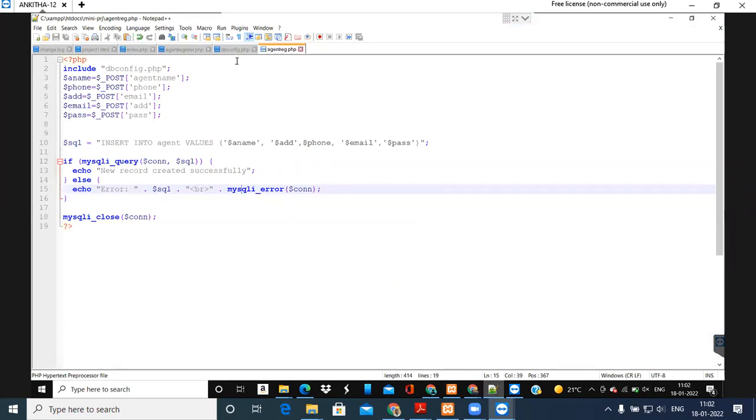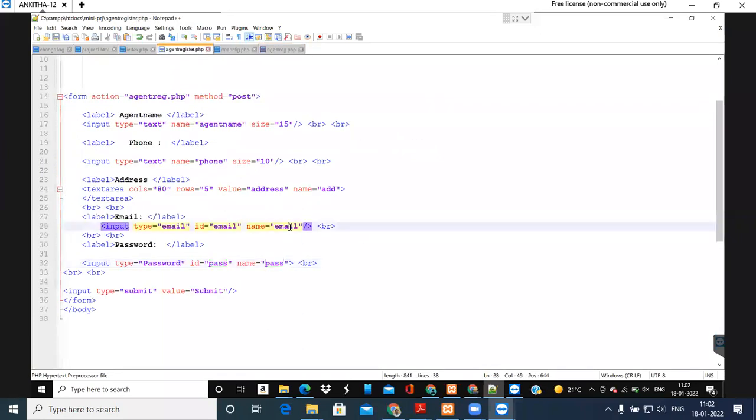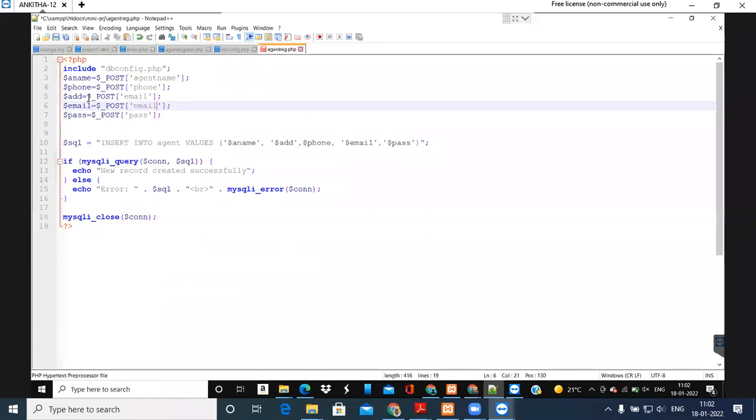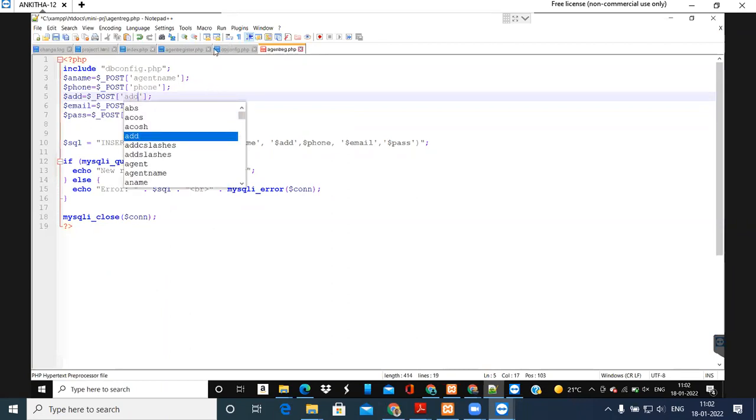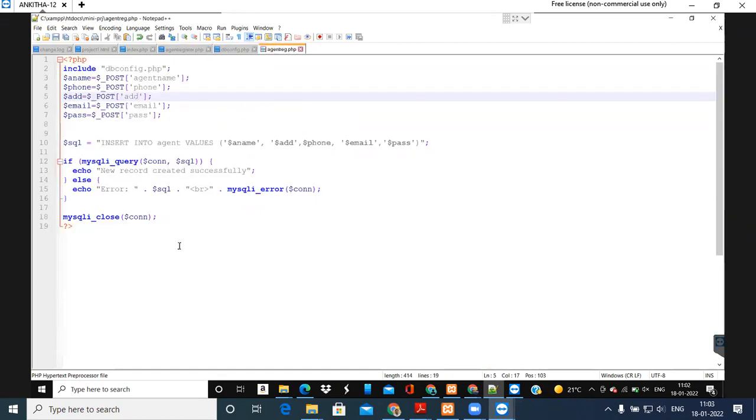Why did they get swapped? See, students, here for email ID, I changed that one. Did you observe? For email ID, $_POST of name. What name did I mention here? I mentioned add. For the email ID input field, the name is email, and for add, email is there. These two pieces of information were switched. That's why. So I change this one to add. See, check. The name is add. That name you have to specify. Now next time if you want to enter the data, it will be stored properly.